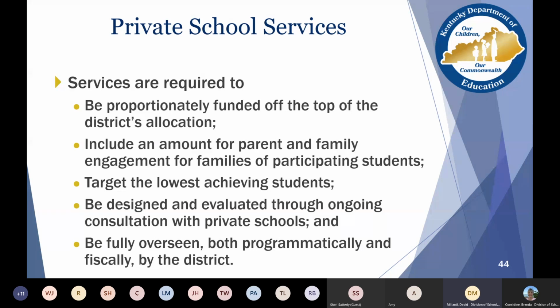It provides links to different resources. In addition to that, I have to make sure that our applications are working correctly and calculating services correctly. We're working through some issues in migrant and some other programs that don't clearly define how services are to be provided to private school participants.